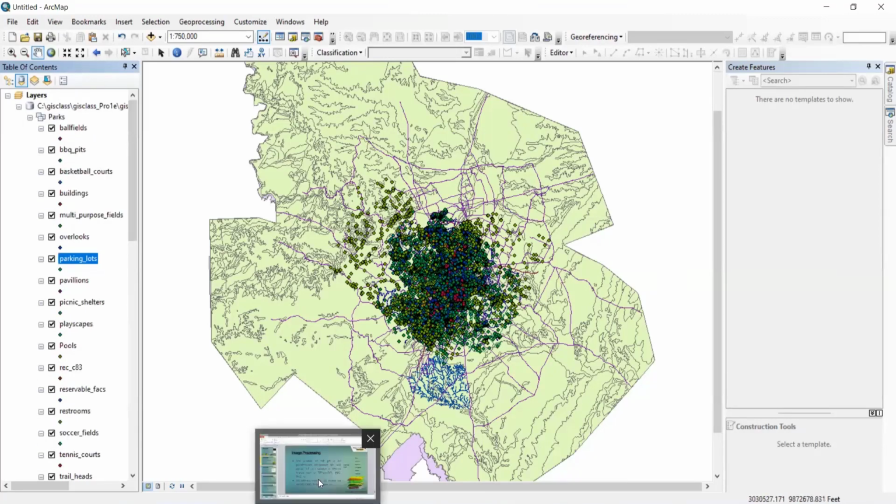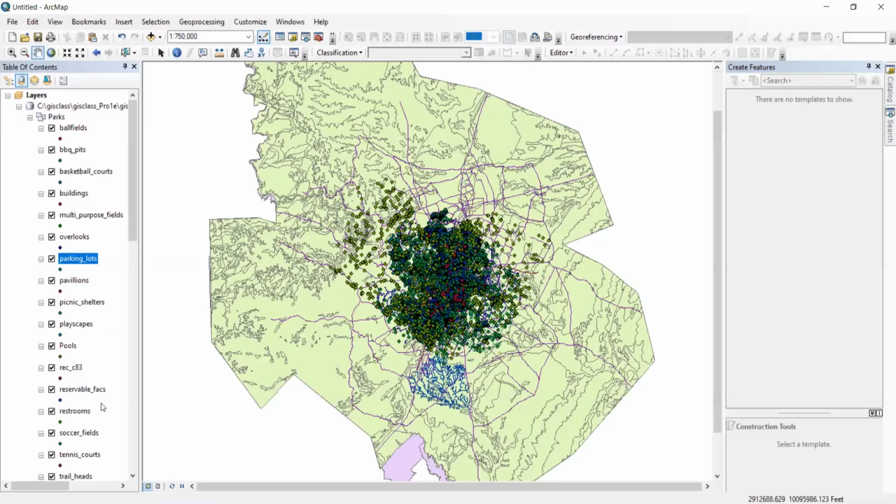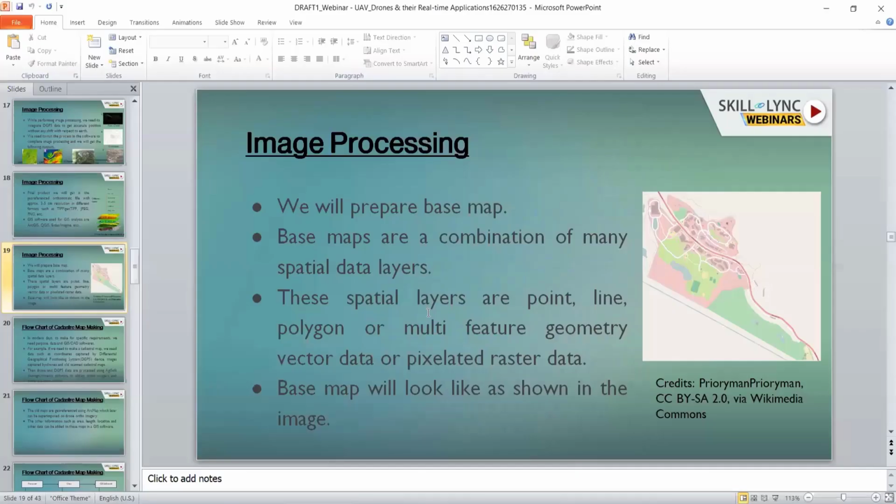With the help of a base map, if you have a readily available base map, you can get any data very easily and do the analysis as per requirement. For example, if you want to plot how many schools are near your restrooms, or how many schools are near the parks, we can do this kind of network analysis with the help of this data. This is the base map, or a simple image here, and a cadastral map.